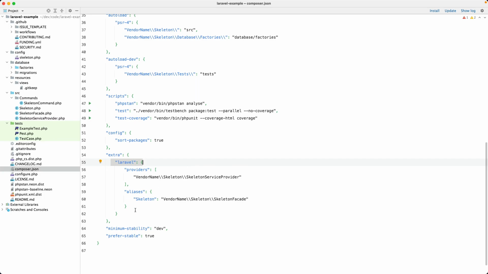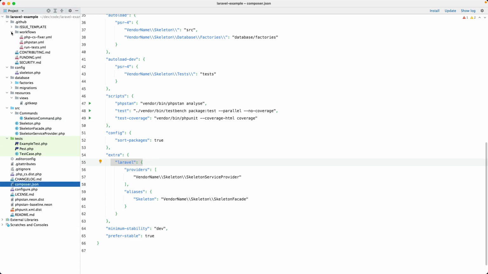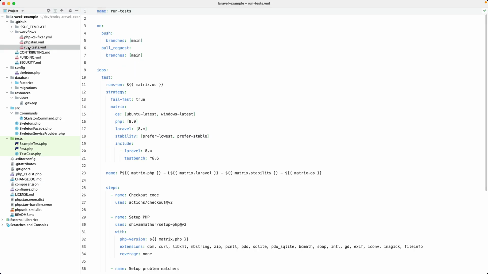Like in the previous section of our course, we are going to run a configure script in a minute that will replace all of these placeholder values with your actual values. Let's maybe also take a look in the workflows directory. There is a run tests here, and there are some differences with the run test script from the PHP agnostic